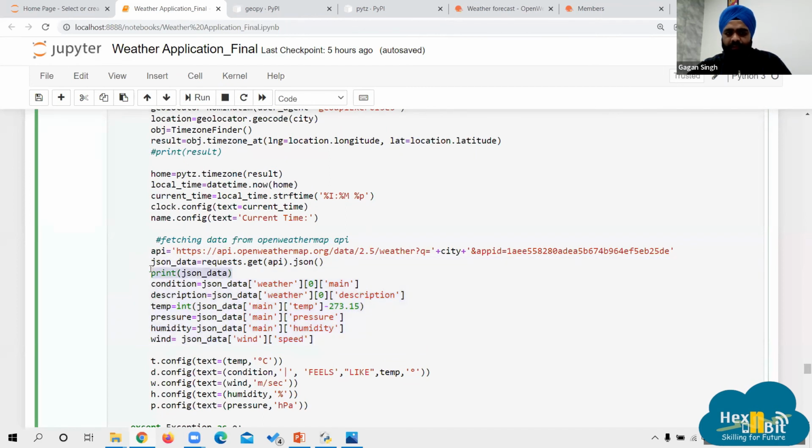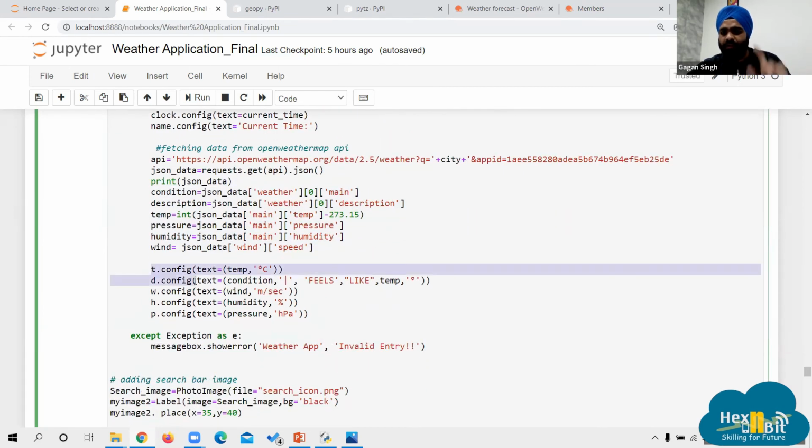This is the data. After that, we need to substitute the values into the variables. We are extracting those particular parts from that data and then setting the value of the labels. We created the labels T, D, W, H, P in the beginning, right? So we are using the config command to set their values.